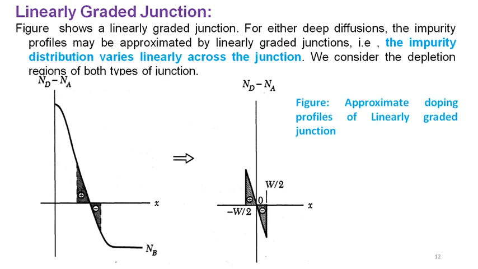Then, up to this point, that is all about the abrupt junction or one-sided abrupt junction. Then we go to the second one, called the linearly graded junction. For this, the diffusion or distribution of carriers or the impurity profile may be approximated here. Linearly graded junction means the impurity distribution varies linearly across the junction, so the doping profile is shown here, as we already went through the doping profile of the abrupt junction. If you compare with this doping profile, it is linear across the junction, shown from minus W by 2 to plus W by 2, with the N side and the P side.